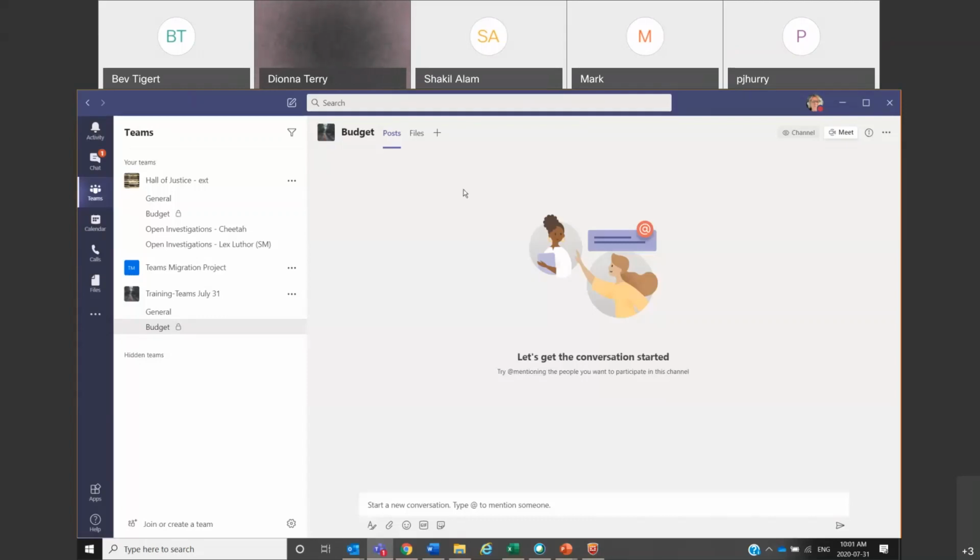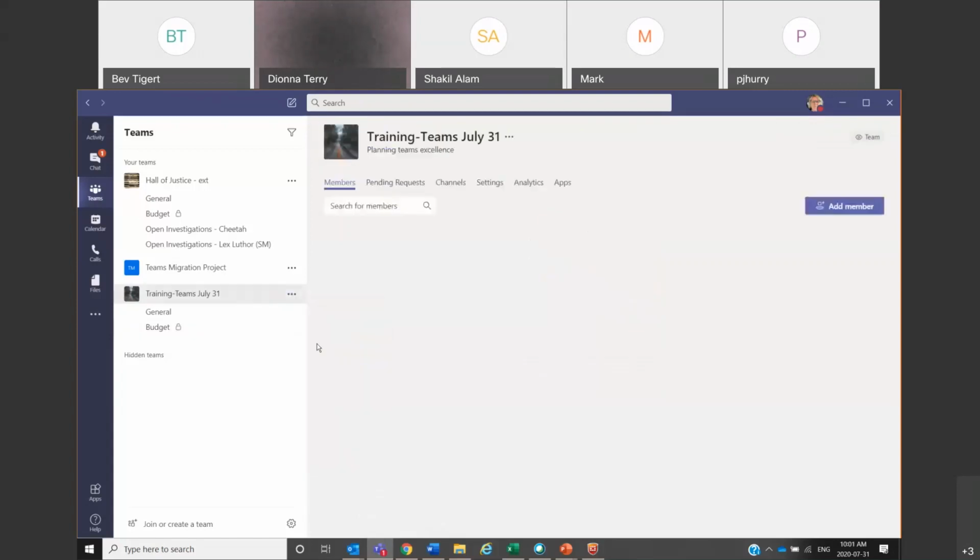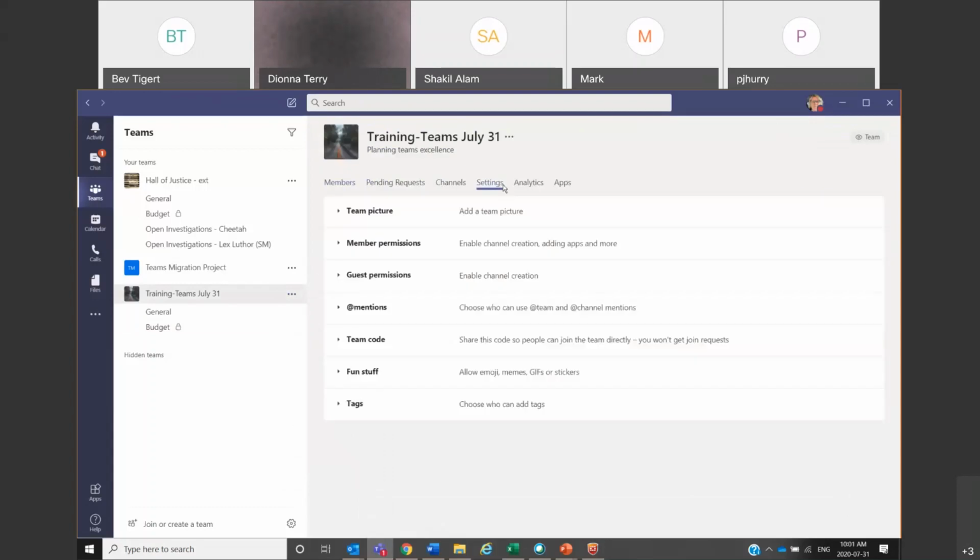So now what I want you to do is, did you guys go into settings at all? No, right? We just kind of created. What I'd like you to do is at your team level, go into more options, and I want you to go into manage teams and settings. And then I'm going to give you a couple more minutes to play with that, just to see how you would want to set up your stuff. If you have any questions about that, then that is great too.